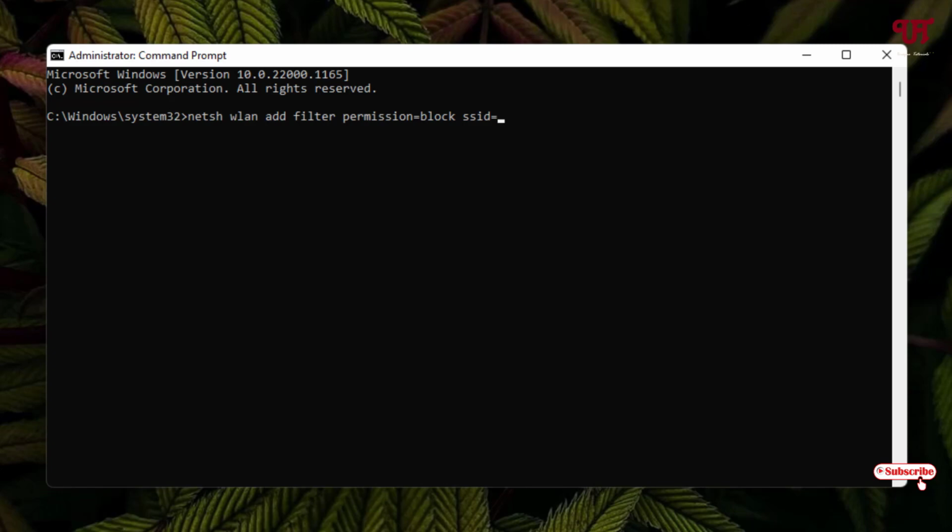In my case it's home. I've already shown you earlier. If you don't remember the name of the SSID, then just move back to the available network connection option and check out the name of the one you're going to hide, and hit space, type network, type, put an equal symbol again, and type